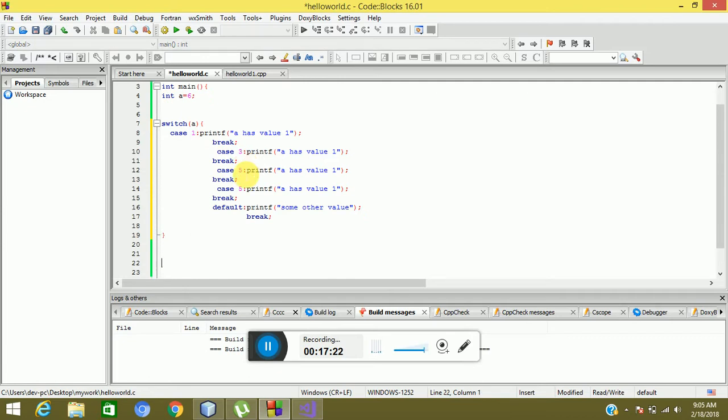So should we run this program? No, some more changes we have to make over here. A has value 3, 5 and let it be 6. You can have continuous values just for showing purposes,